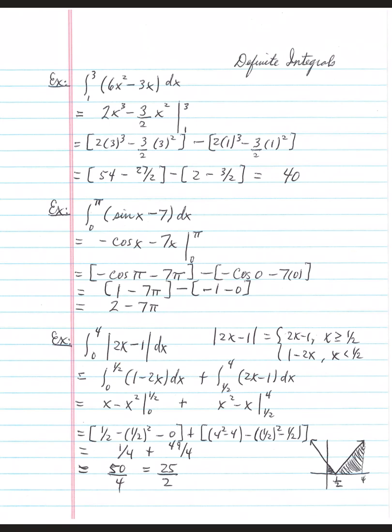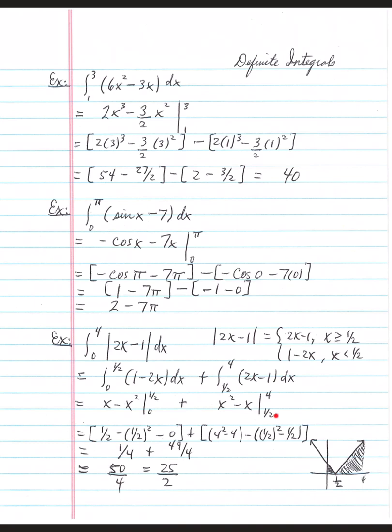Plus, then when you switch to the other piece of the function, you're going to integrate from 1/2 to 4 of 2x minus 1. That's that second definite integral. Okay, so our antiderivative is x minus x squared, and we're going to evaluate that at 1/2 and 0. The other piece, the antiderivative is x squared minus x,